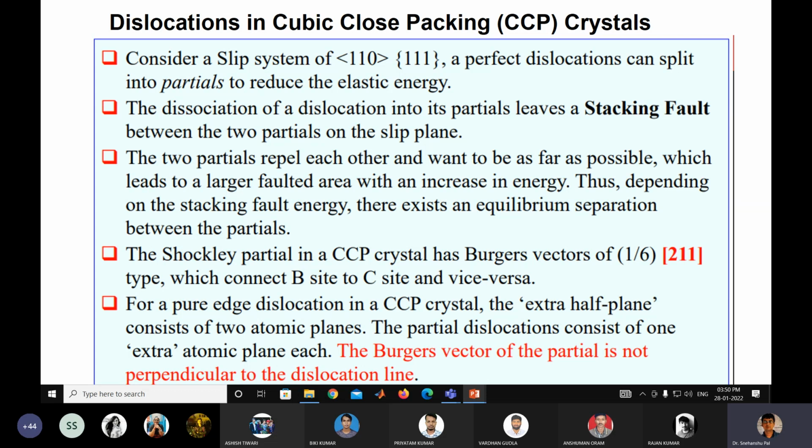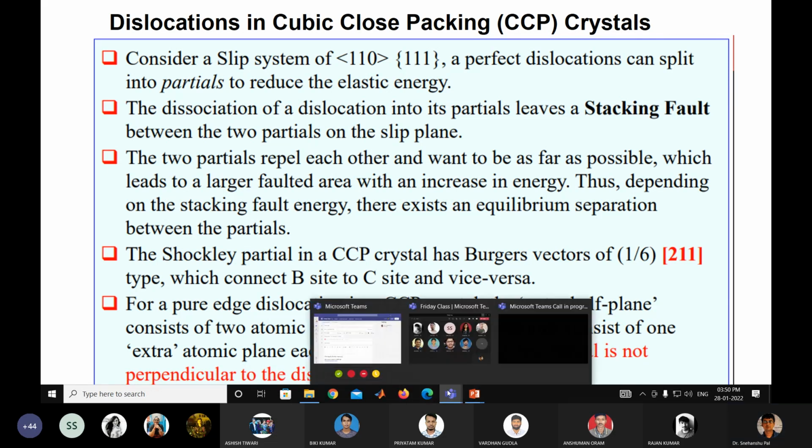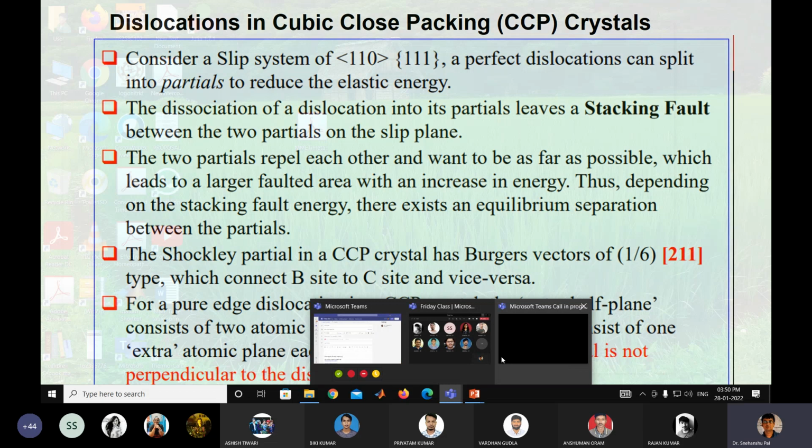Now, if you want to correlate the dislocation with the different close-packed systems, here I am going to discuss the cubic close-packed crystals, how the dislocations work and how they are associated with the slip system. So consider a slip system of <110> direction, that is a close-packed direction for the FCC crystal, and the family of {111} planes, that is the close-packed plane family